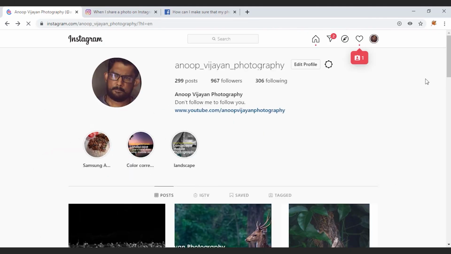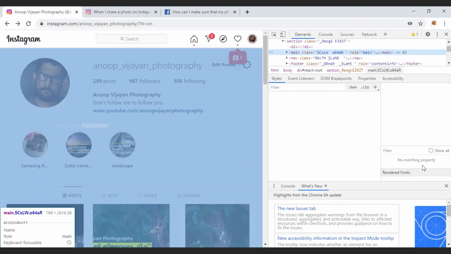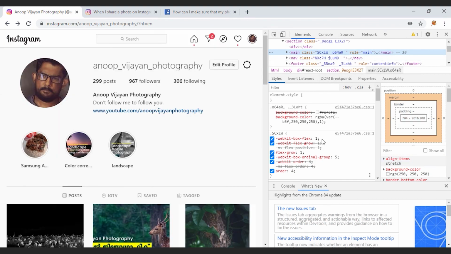Now if you want to upload this image into Instagram, what you have to do is copy this file into your mobile phone and upload it. But you don't have to do that, I have one small tip for you. So for that, you have to open your Instagram, right-click and inspect. And when you open that, you can see a set of codes over here. You don't have to worry about it.